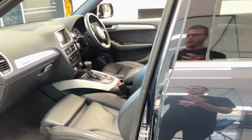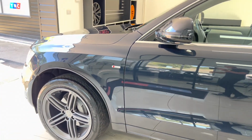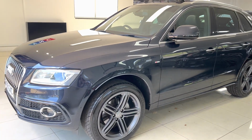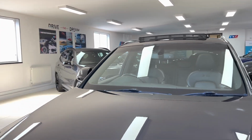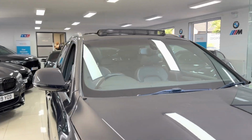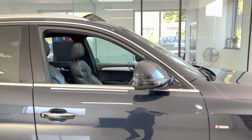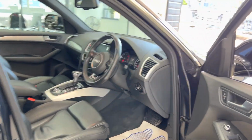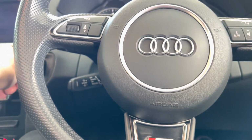This one is an S-Tronic, so that is the automatic gearbox for this car, which again, in a vehicle like this, I'd have to say would definitely be my preference, just for that bit more comfort, and of course, just makes it that bit more easy day-to-day going. As you can see, and especially with this 2-litre TDI, it's got more than enough go in it to manoeuvre this car around very well. 180 brake horsepower, so again, more than enough for everyday use. If we fire the car up then,